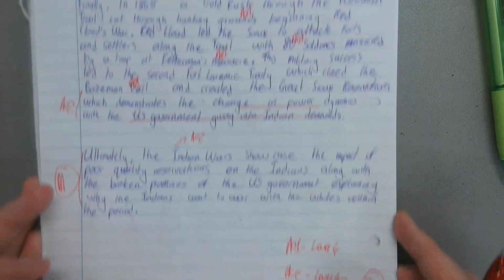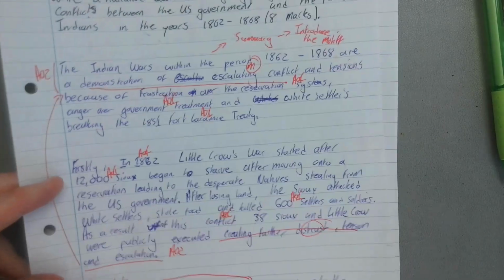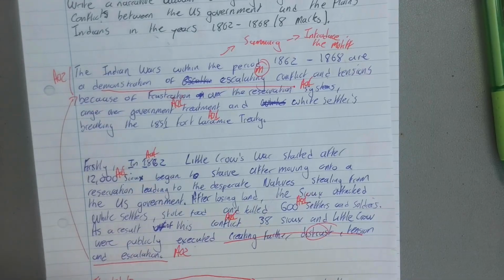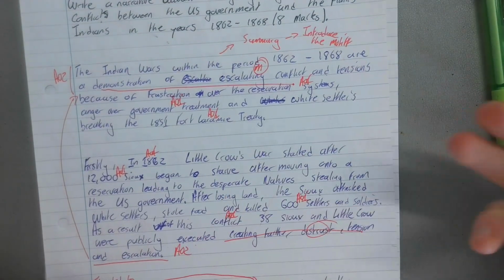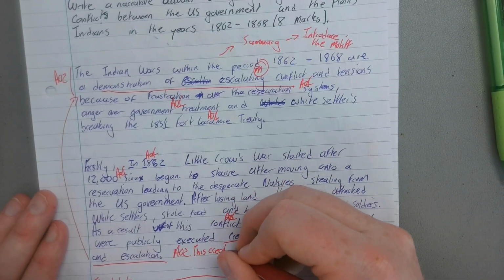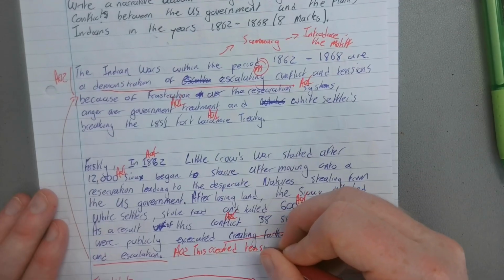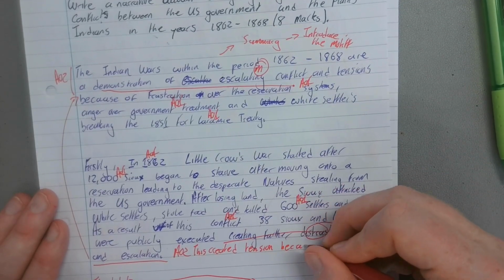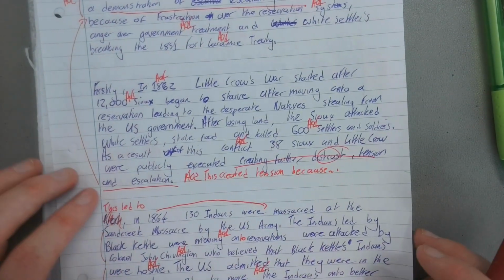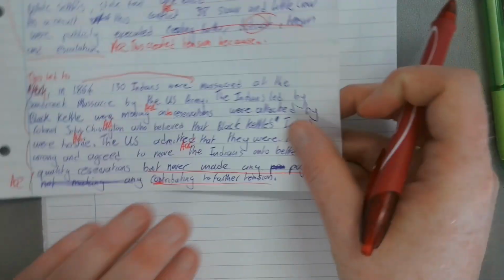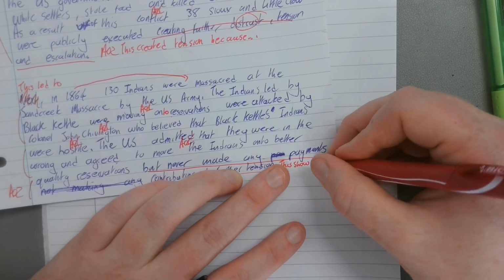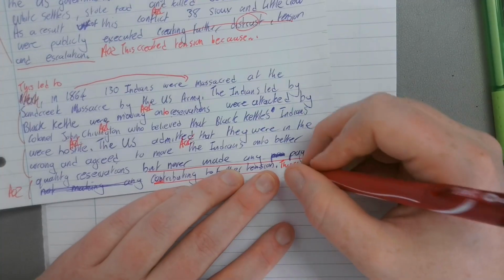So how do I push this up to 8 out of 8? So what I want to do here is I want to add in this led to each paragraph, and I want to again just reiterate the narrative here. So this created tension because, this led to 138 Indians being massacred. This showed tension because,